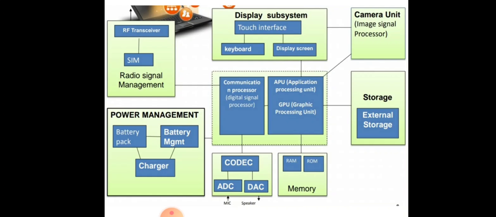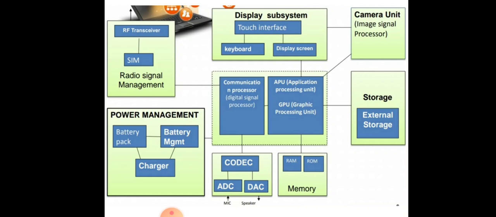These are the basic components of a mobile system. It has an RF transceiver or a SIM, radio signal management, then a display subsystem, touch screen, keyboard, display screen, camera unit for image signals or processors. Then it has a communication processor and APU, application processing unit, and GPU, graphic processing unit. Storage system, then power management, battery pack, battery management, charger, then codec, ADC, DAC, RAM and ROM is for